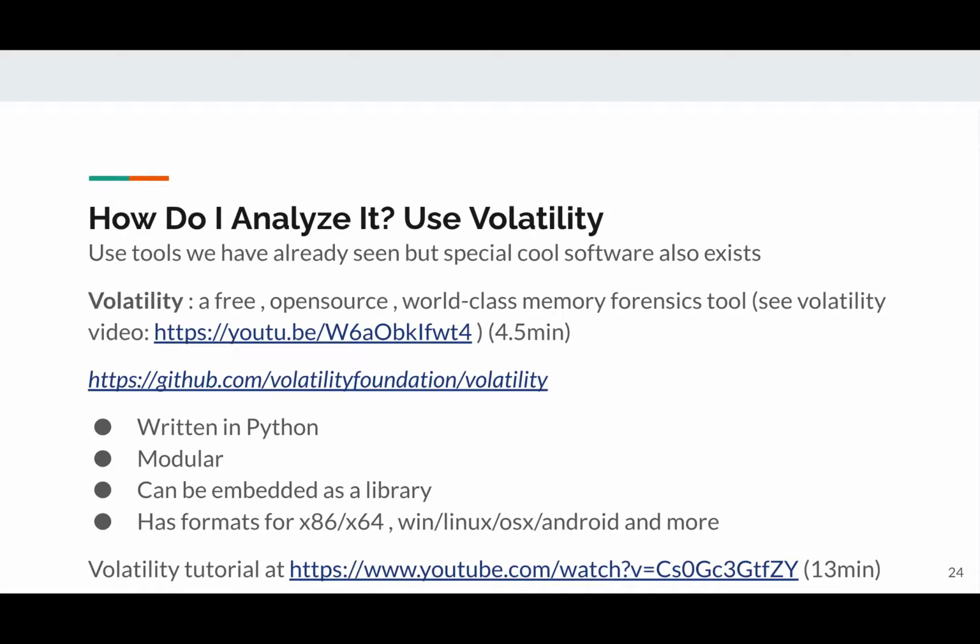Volatility can take this file and it knows how to decode these data structures. Depending on the operating system that you tell it, it knows at what offset these data structures are going to be and how to decode them. So by using Volatility, for example, you can give it an image and say, give me the list of running processes at the time on that system. And it's going to find the process tables in the kernel and analyze that and give you an output like